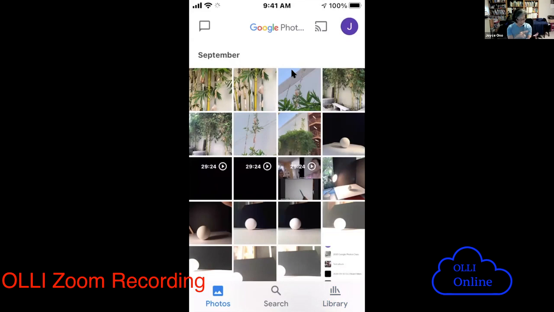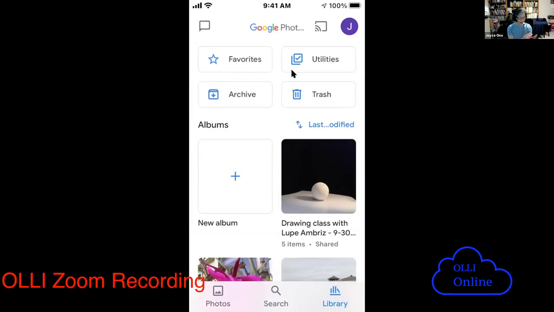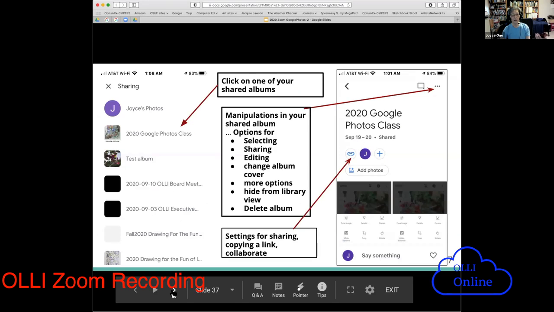Use your finger to explore. Search comes up with, again, all the search. But the main point here is that some of the things that were on Google Photos before in a little panel, like album, search, trash, all those things are now located under library. And you have to hit that in order to get to them. Okay, so what I've done was just go through all the icons that are on your phone that are comparable to the functions that we carried out on your